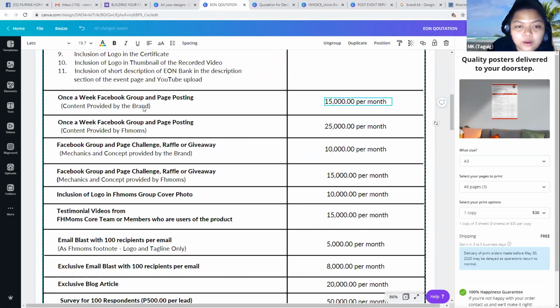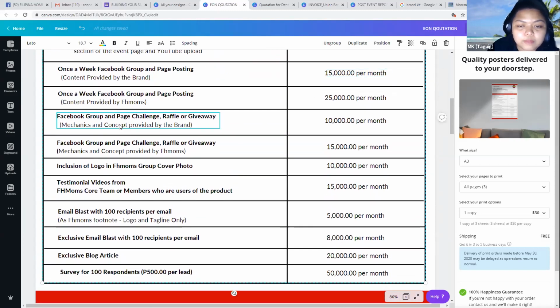Okay, so for Facebook posting, we ask them for 15,000 a month. For Facebook group and page, ng mga challenges and raffle and giveaway, we ask them 10,000 per month. And maybe you can also consider, if it's not a big brand, let's say it's just a new business, and friend mo sila, something like that. You can still use this as a template, pero maybe you can propose like, okay, sige, you don't have to give me a monetary payment for this one, but maybe you can give me worth of products. Let's say maybe you can give me 1,000 worth of grocery products if the business na meron siya is a grocery app. So meron kayong X deal.